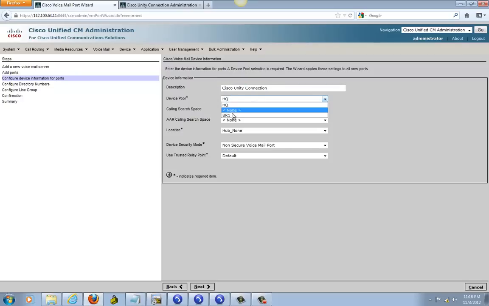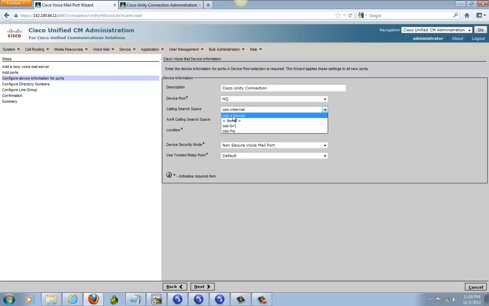Device pool, I put into headquarter. Console spray, I put in internal. Location, hubs, or whatever you make. Security, I use none. Security voicemail port. Then next,